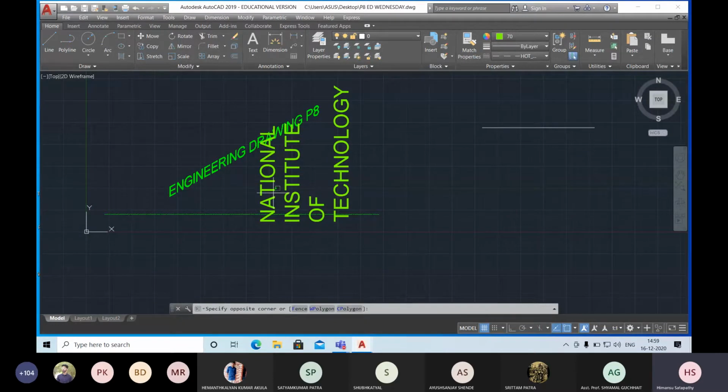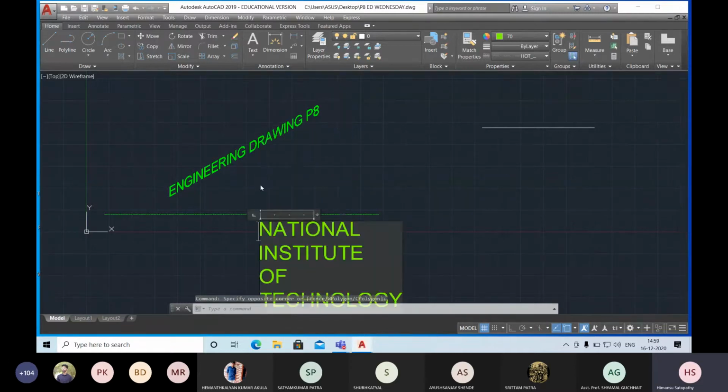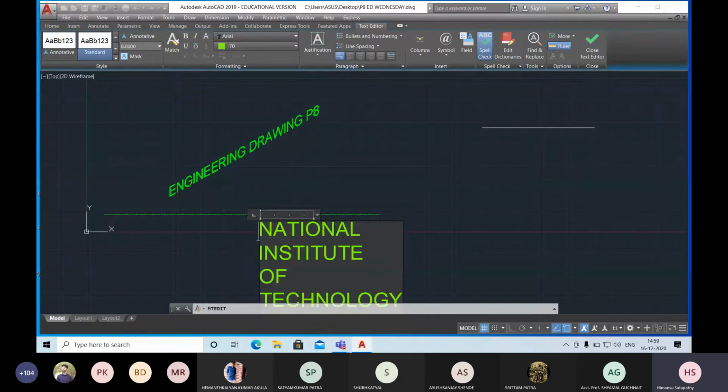And if you want to edit this one, you can double click on it, or you can type MTEDIT. When you go for MTEDIT, automatically the text editor ribbon will appear on your screen. Wherever you want to change anything, if I want to change this word institute, select that portion only.